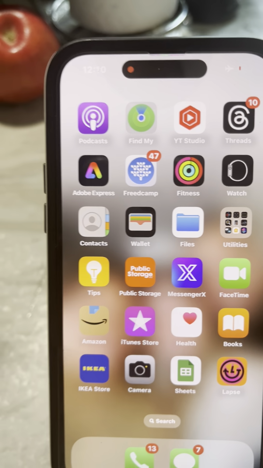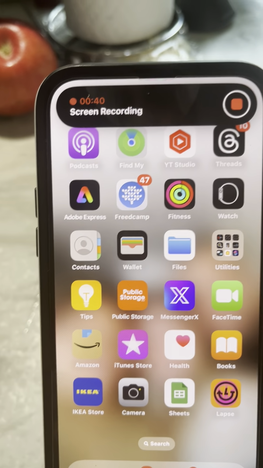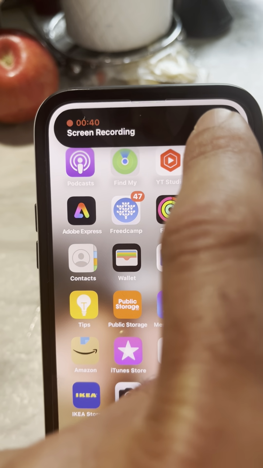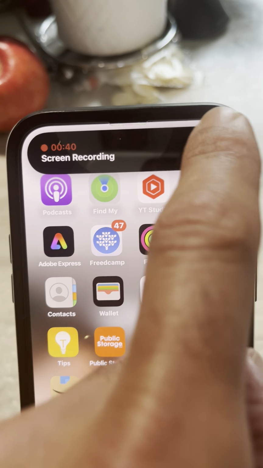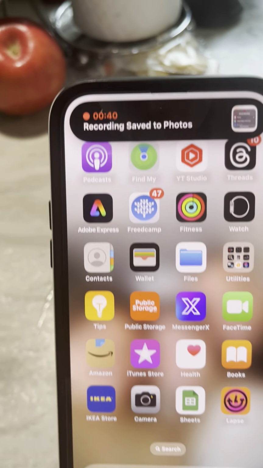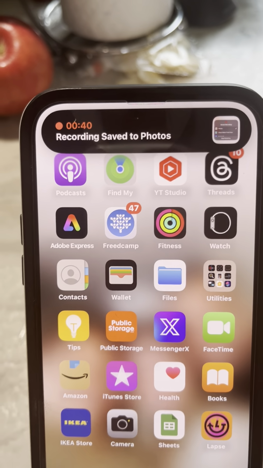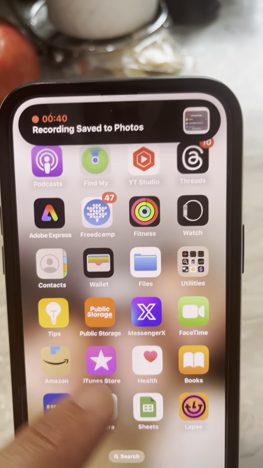And then when you're done recording, you're going to hit this button up here and say stop recording. Okay, now it'll give you an indication of where this recording goes to. All right, so we'll hit stop recording. Now it'll save to Photos as a default. So if you open up your Photos now,